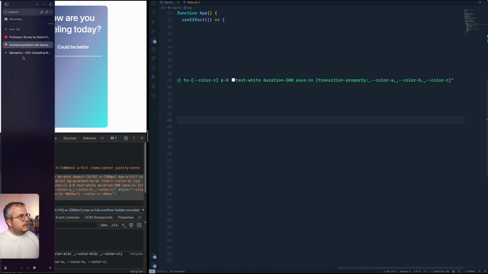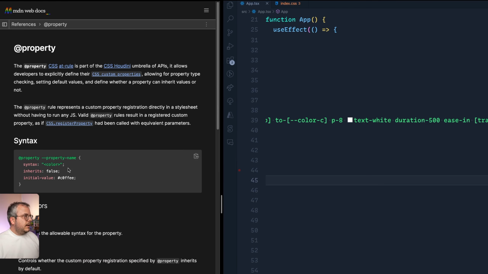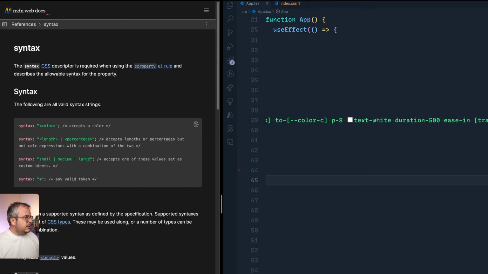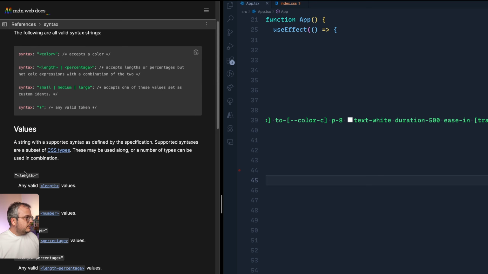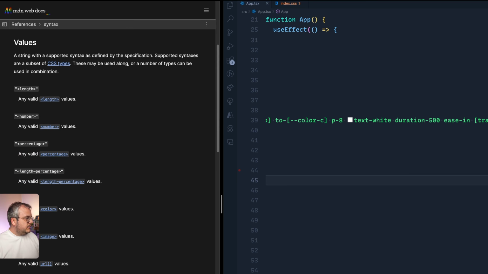So if we quickly look at the MDN docs, then we see what this looks like. It's a definition that says @property, where you add the name of your property, and then tell it what type of syntax it is, in this case a color, if it inherits from its parent or not, and an initial value. And for syntax specifically, this could be a color, but it can also be a length, number, percentage, image, URL.